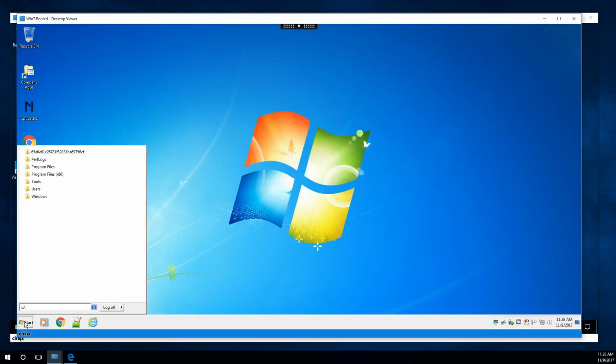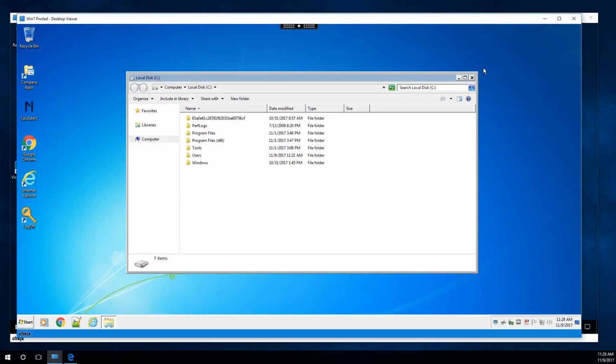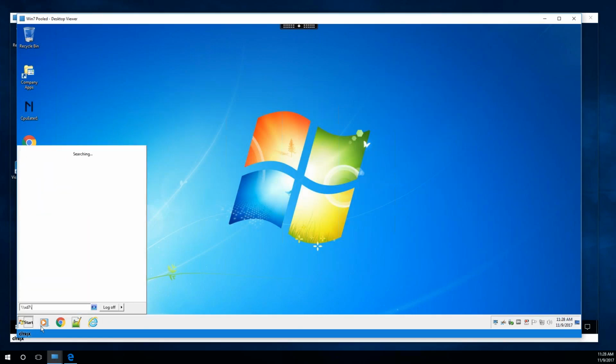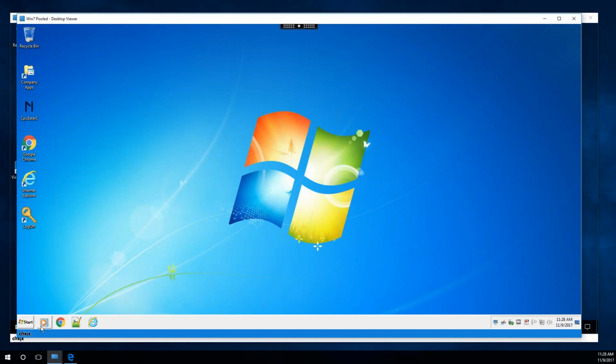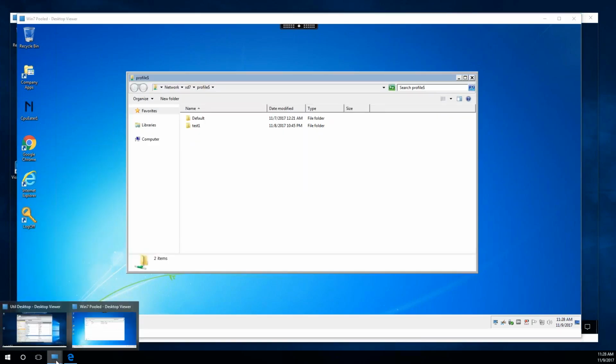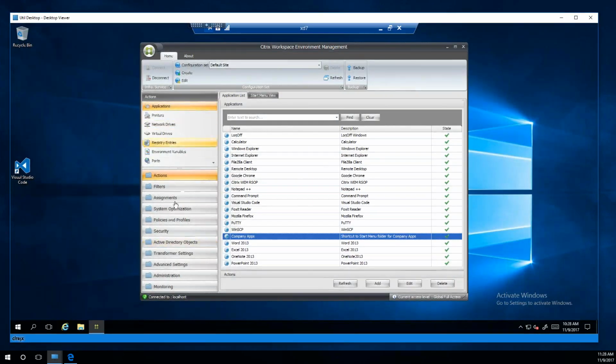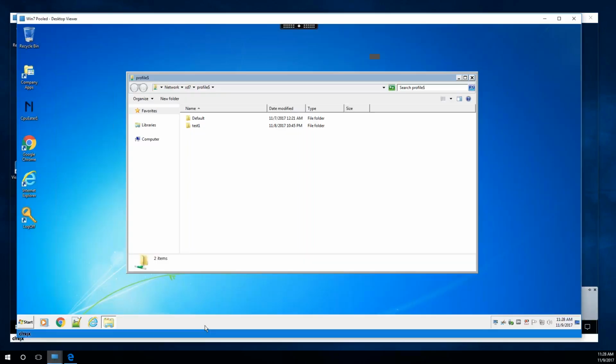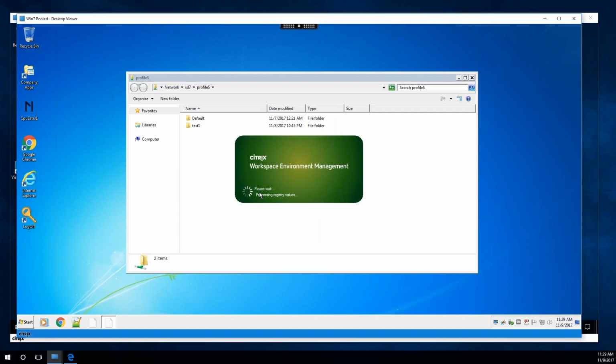So if you notice here, I can do a C:, and I get to it. I can do a UNC path, and I can get to it. So if you were to do the simple checkboxes in here of remove run, or if you go into GPO and you say to hide the run or remove the run, as soon as you do that, this is an undocumented feature that everyone seems to either not realize what's going on or always get bit by.